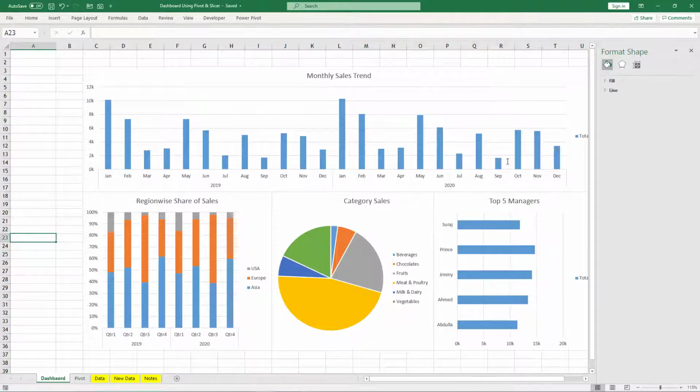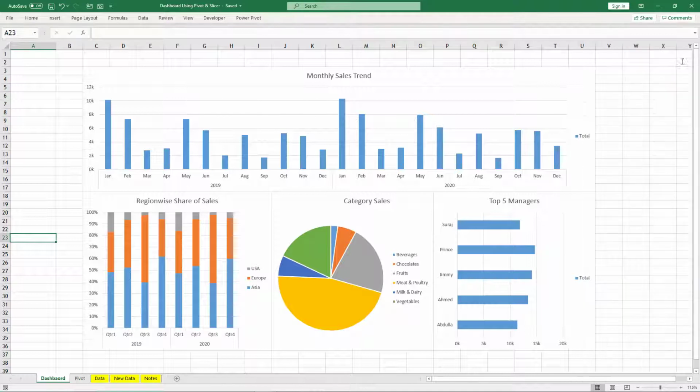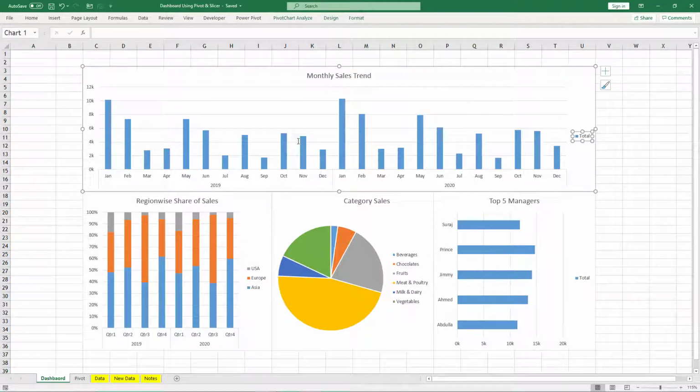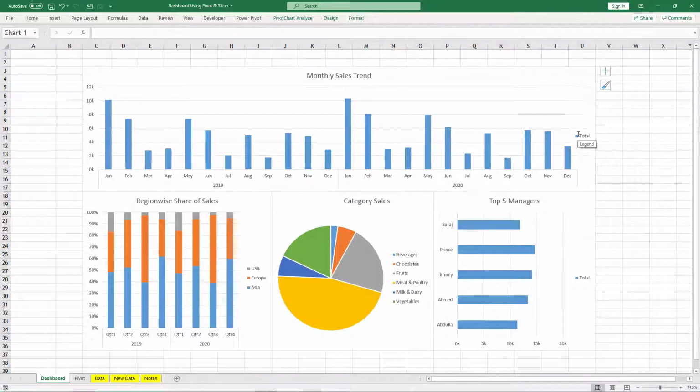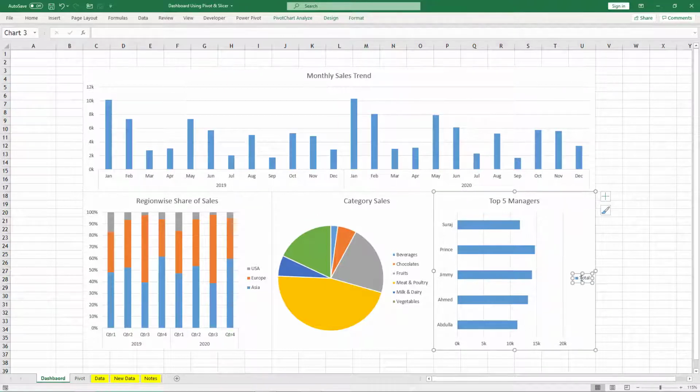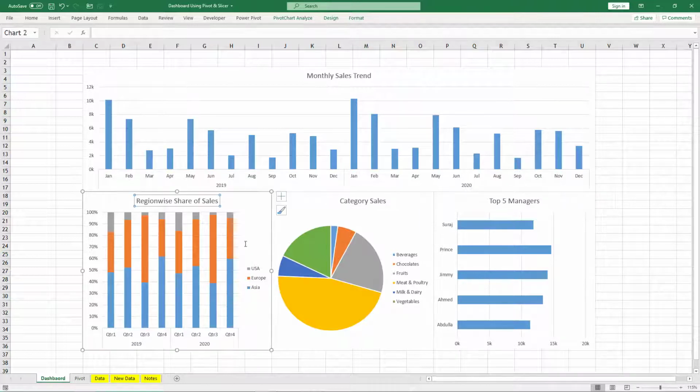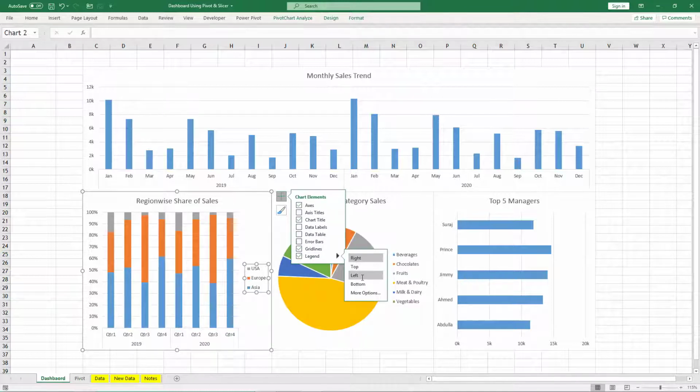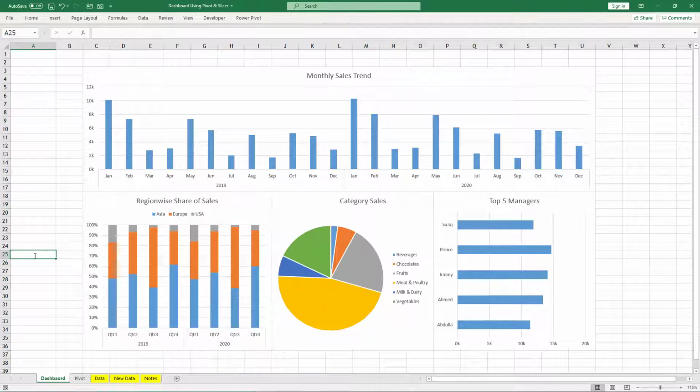After that, you can see here, because this is only one single color, we don't need this legend. So select and delete. Here also select and delete. Here we need it, obviously. Then here we will need it, but maybe we can keep it at the top. So we can go to legend and maybe top, and it can come like this.